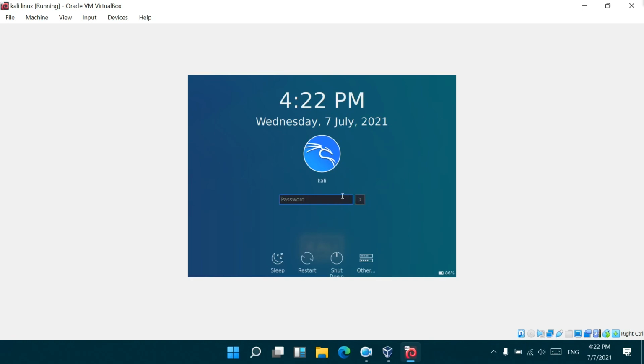So this is the login screen. You have to type in your password and then press enter.